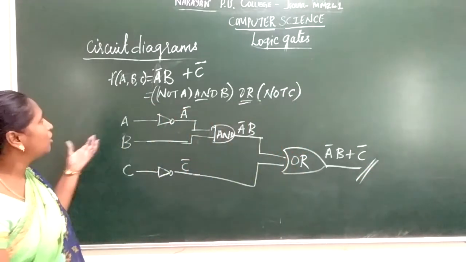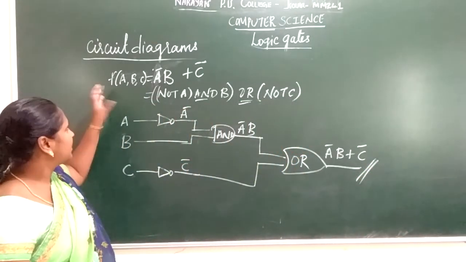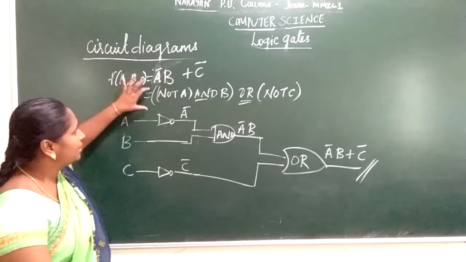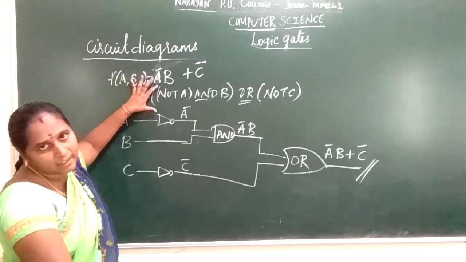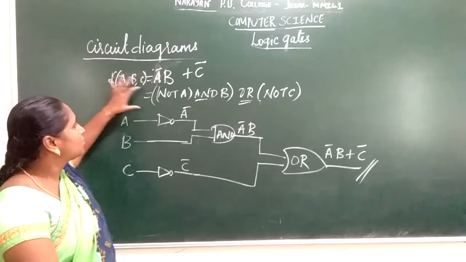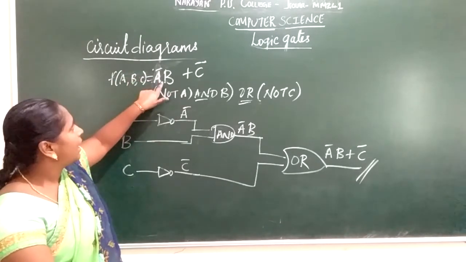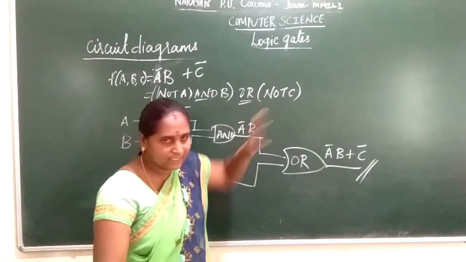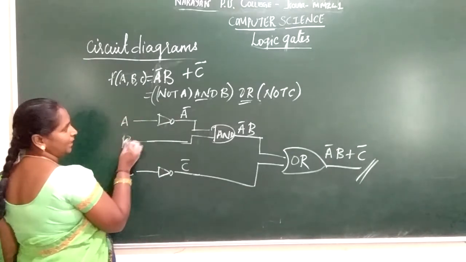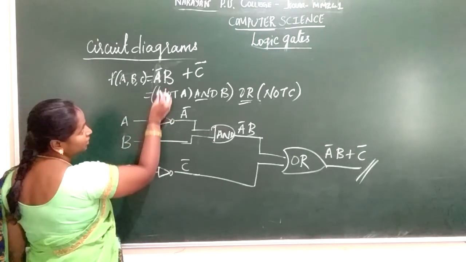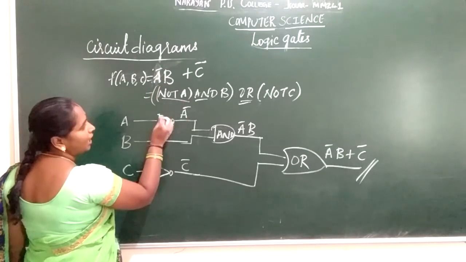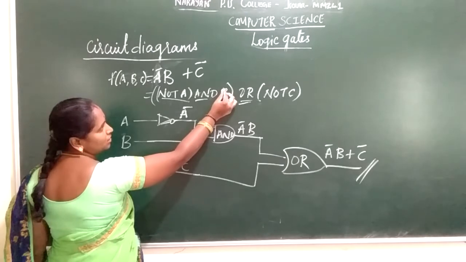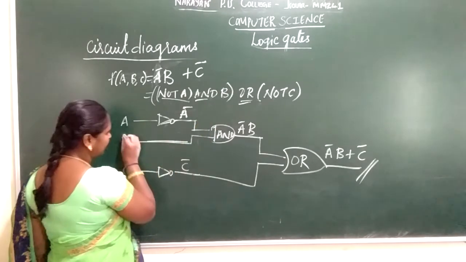So this is another simple logic circuit or diagram. For example, f of a comma b comma c is equal to a bar b plus c bar means write the expression in the form of logical AND, NOT, OR gates. So I have written not of a and of b. This is one combination, and this combination should be ORed with not of c. So I have taken a, b. Since it is a bar, not of a, I have used a NOT gate, that becomes a bar. Okay, and of b. It doesn't have any NOT, so directly I have taken my signal as b.